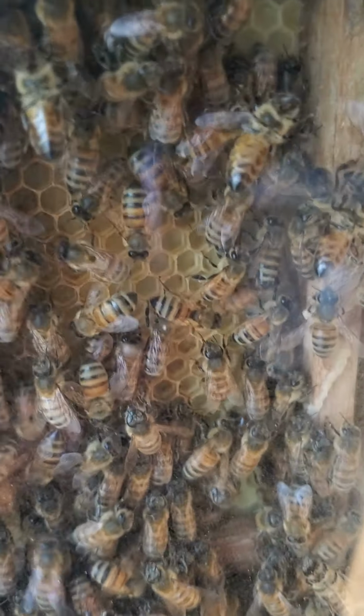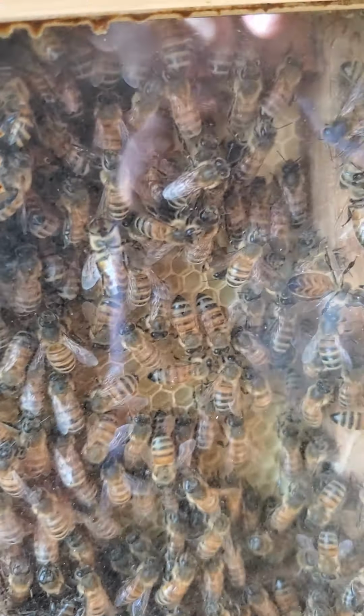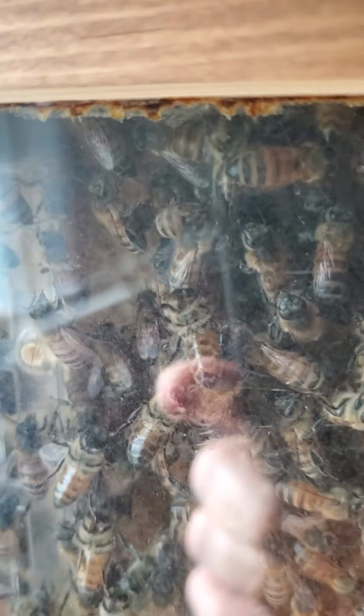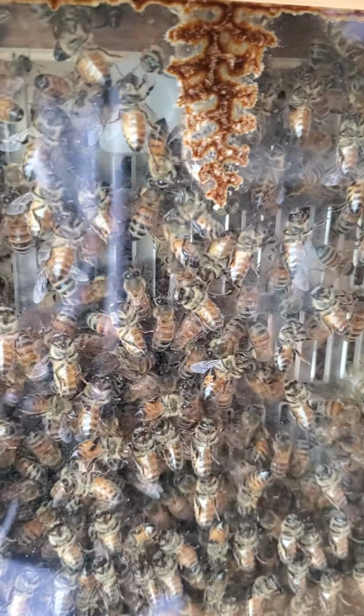Once the sun comes out today, they'll probably start gathering nectar, and I could come back later, and that will probably be wet because the queen's over here in this box. In that plastic cage. The cage has